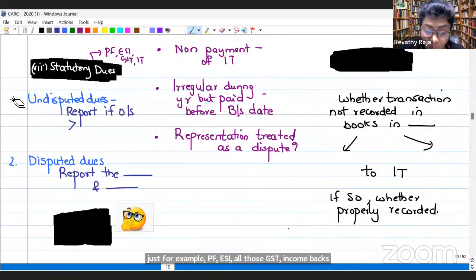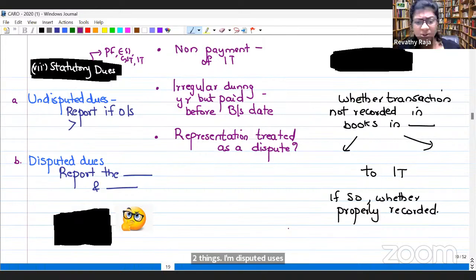So they have divided it into two things. Undisputed dues is there. Statutory dues, asset or liability in the company's balance sheet? It is a liability. On the liability side, they will just show it. They won't show any aging analysis. Aging means how many months it is outstanding. Will they show it on the asset side? No. As an auditor, we have to report undisputed dues if outstanding for more than 6 months as on balance